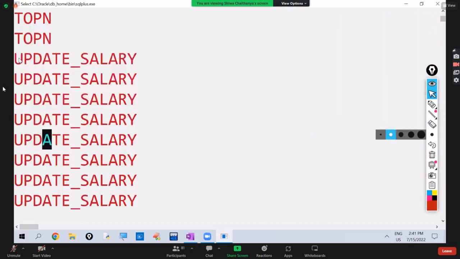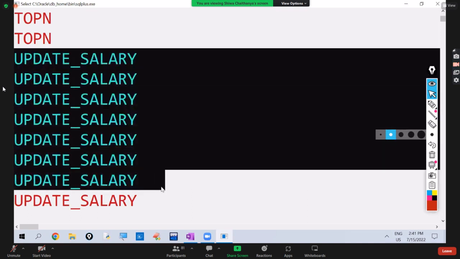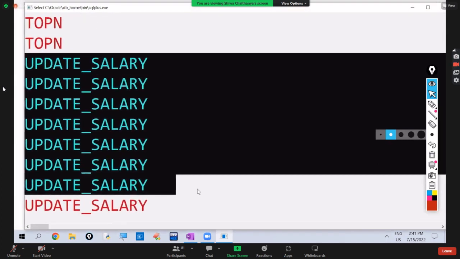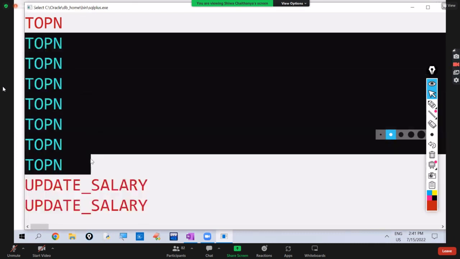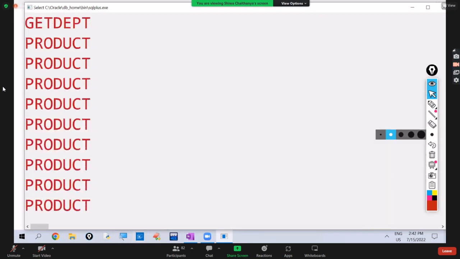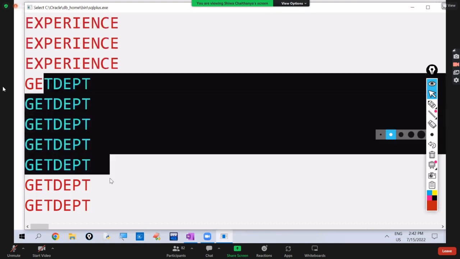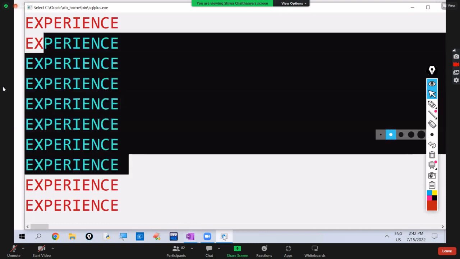But the update salary procedure we defined once, yet it is displaying many times here. We defined the top n function one time, but it is displaying many times. Why is it displaying many times? Get department, yesterday we defined one time, but it is displaying many times. Why like this? Because